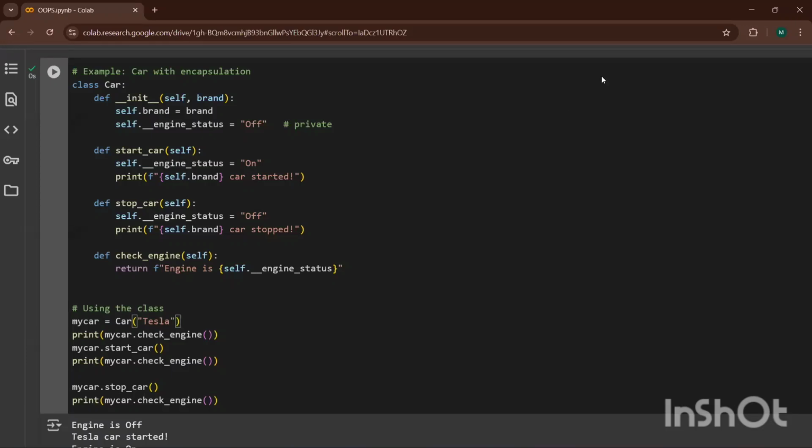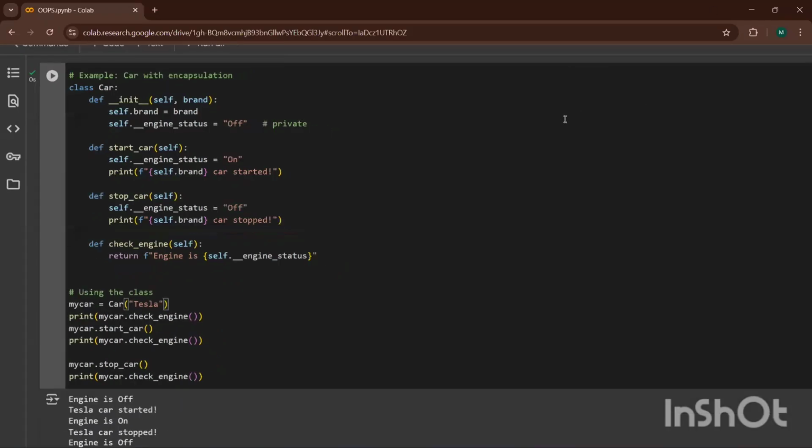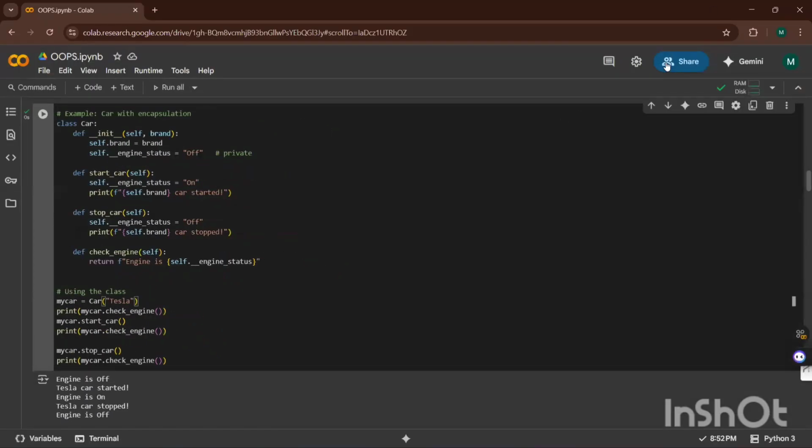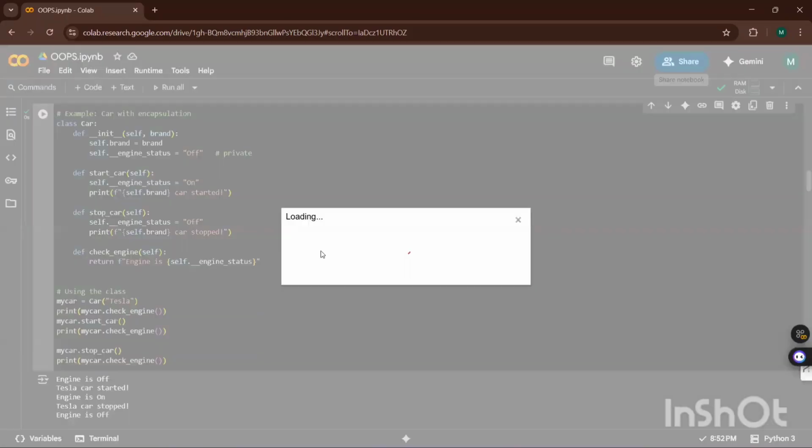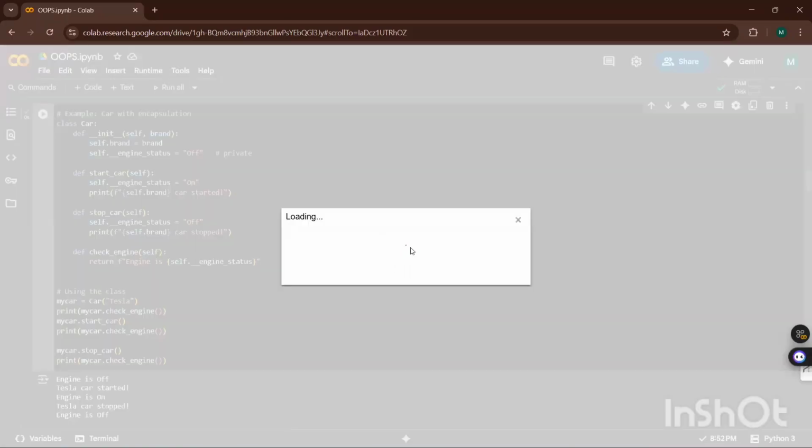Everyone is clear? I'm sharing the link again. Go through this code and let me know if there is the slightest doubt. Then only I will give you the break for today.